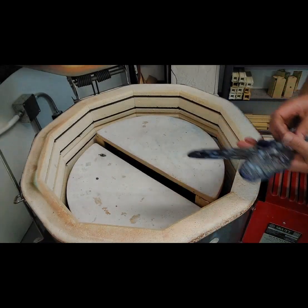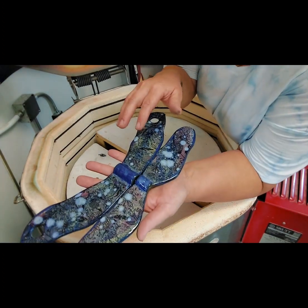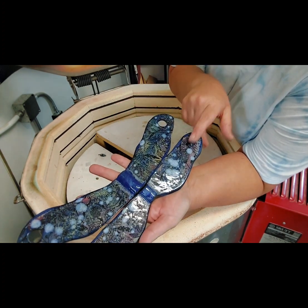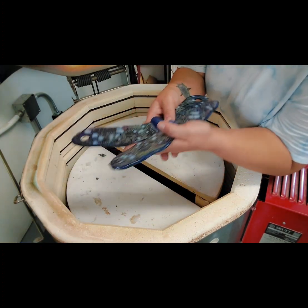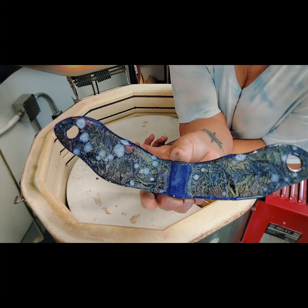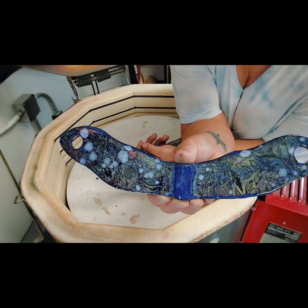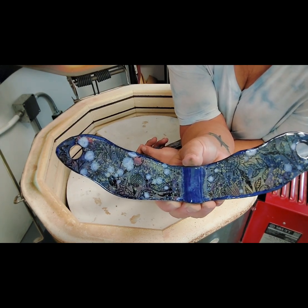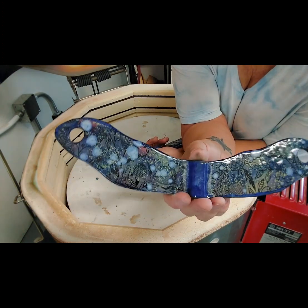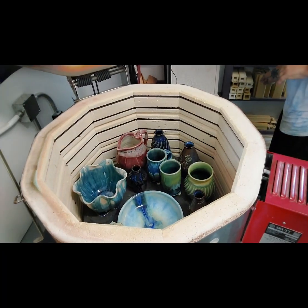This one is with the blue spark in the middle, and I did a bunch of colored... can't really see. I took a slab and colored it with my colored slips in red, yellow, and blue, and then put a transfer over it, and then I put blue hydrangea over that. So that's...